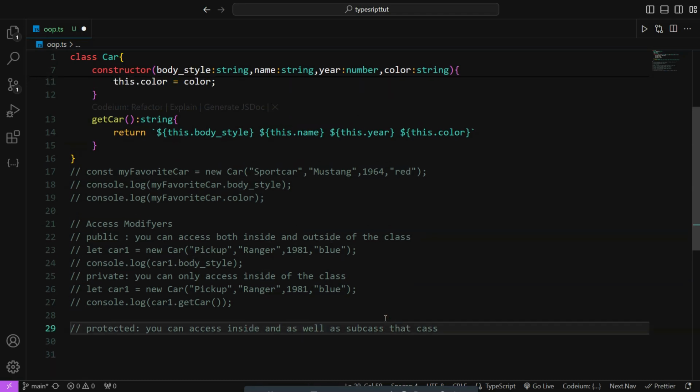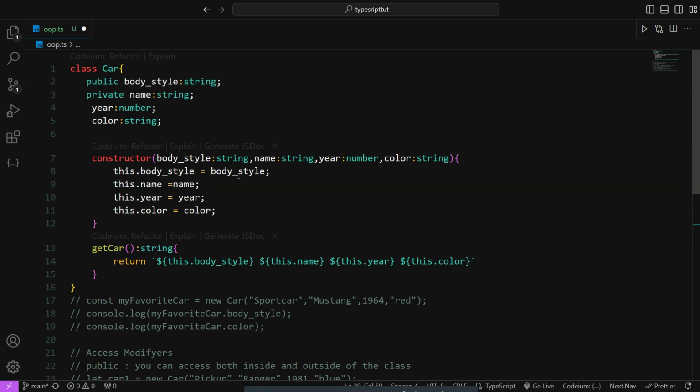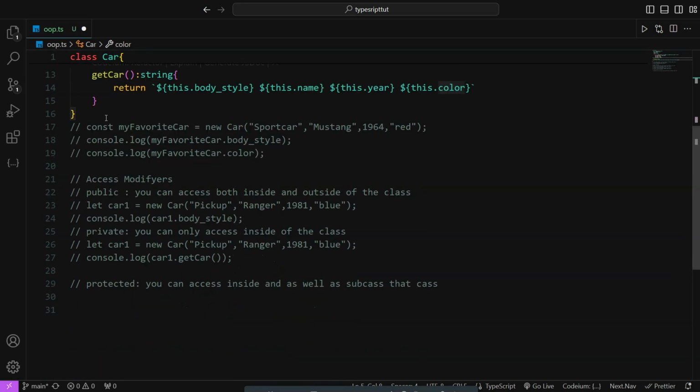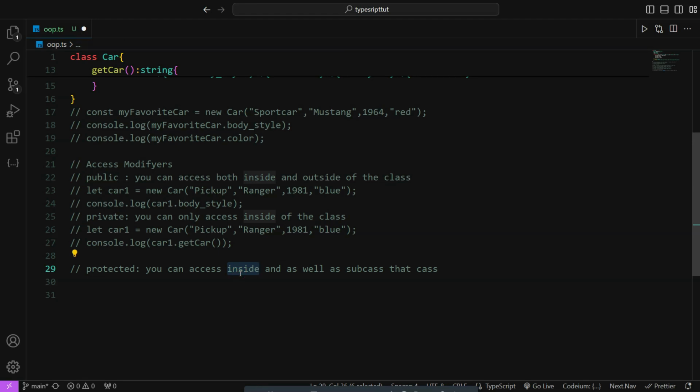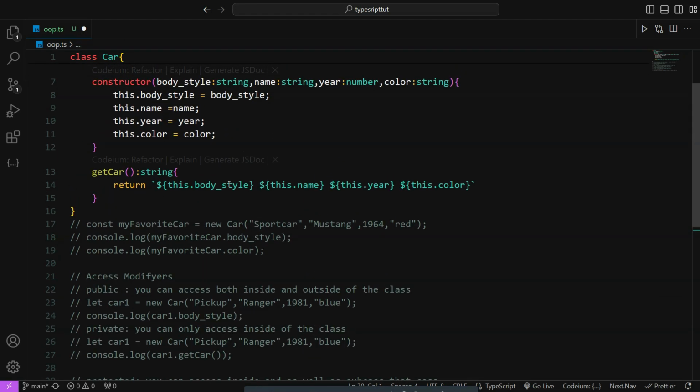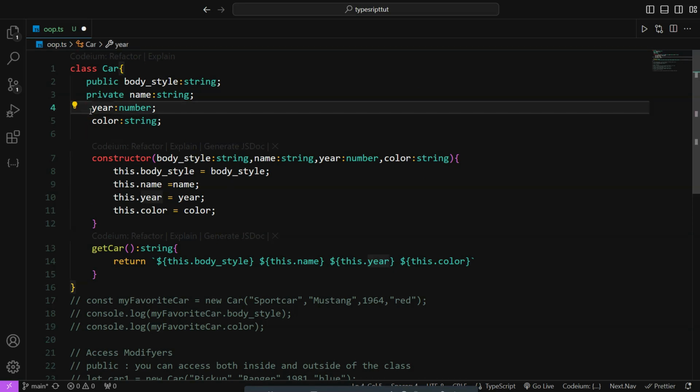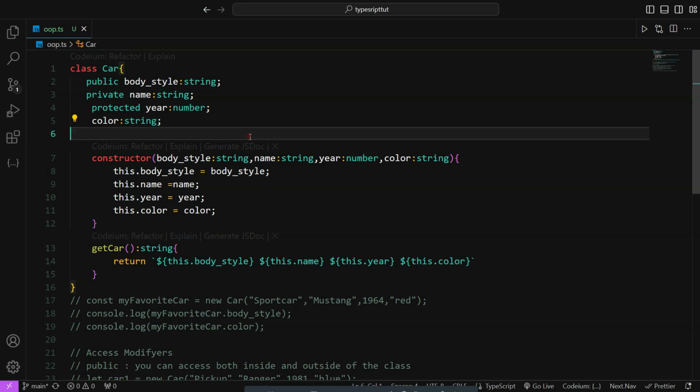If you provide protected, you cannot access it outside of the class, only in a subclass. For example, if I say protected year, the number of the car,